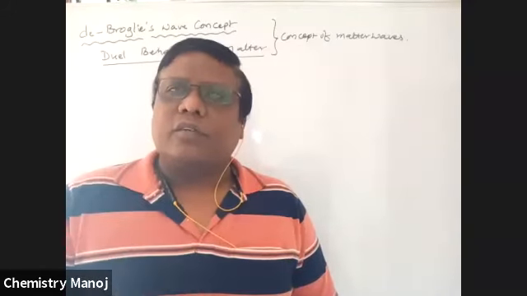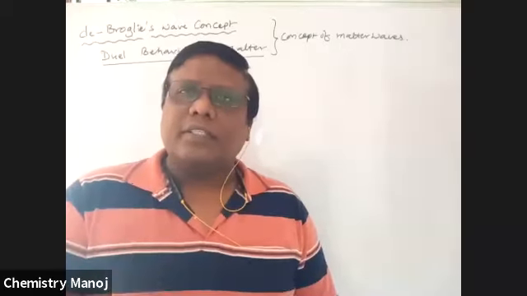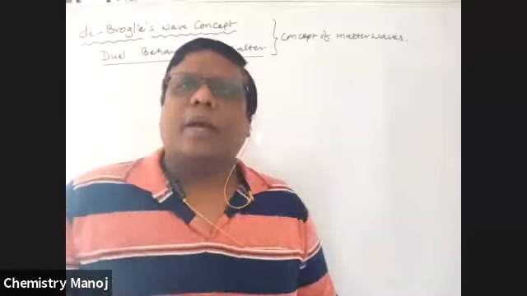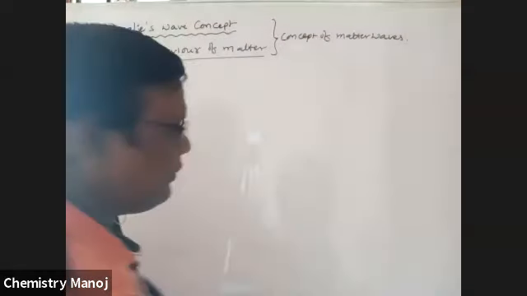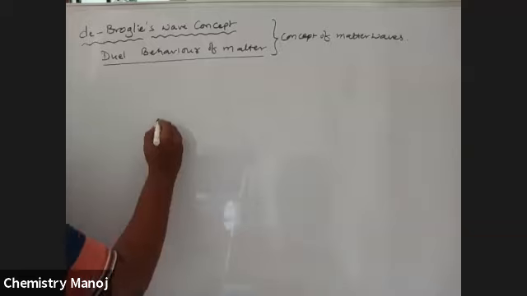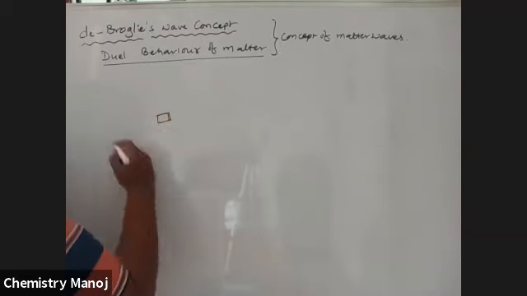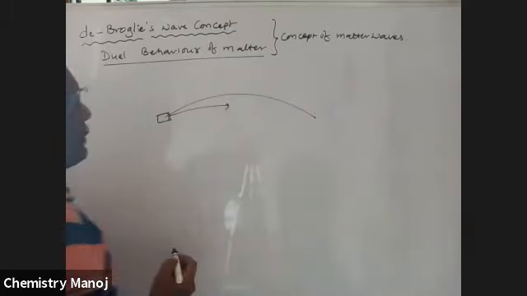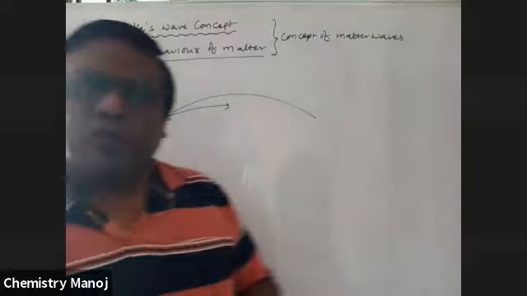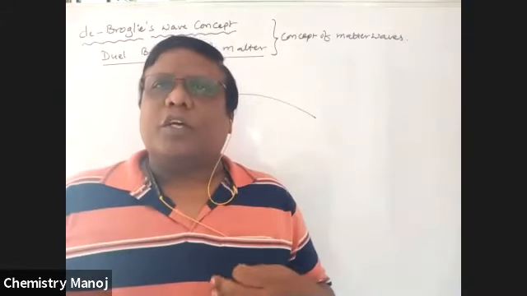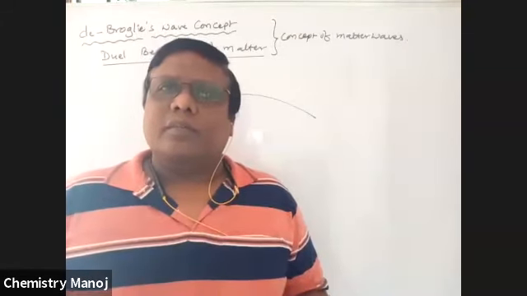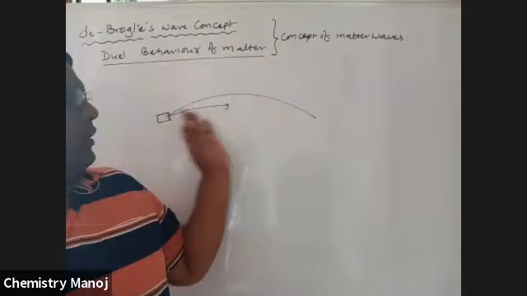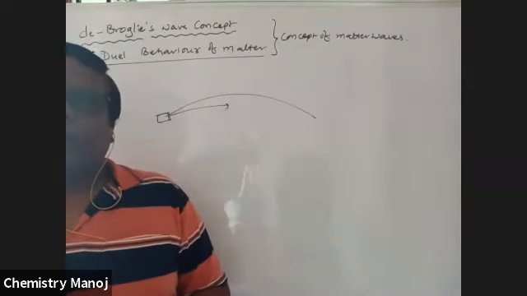What did you observe there? That pen cap just moves like a parabola. Am I correct? See here, this is the pen cap. I throw this pen cap and it moves like a parabola. Correct or wrong? Do it yourself. Because it is not possible to see here, as it is online, try it yourself. It moves just like a parabola.